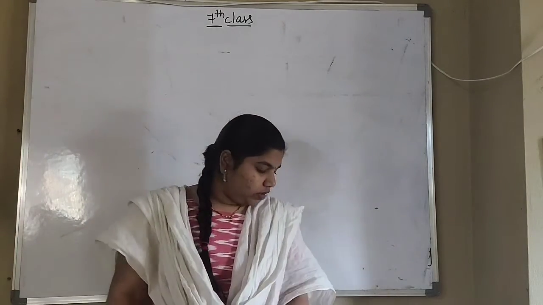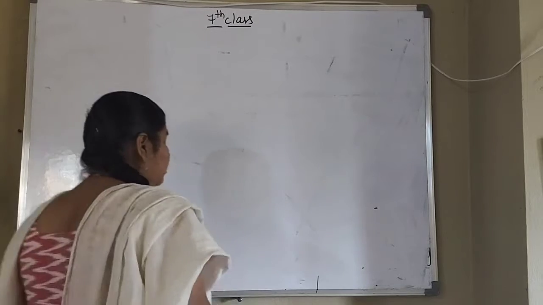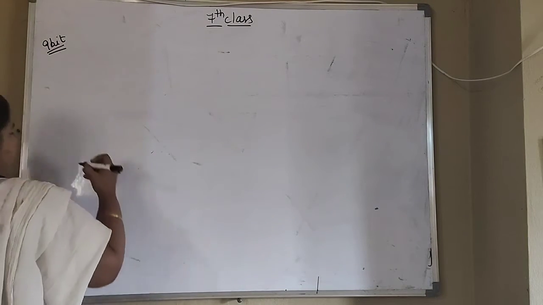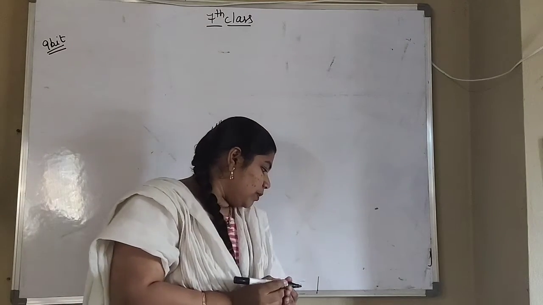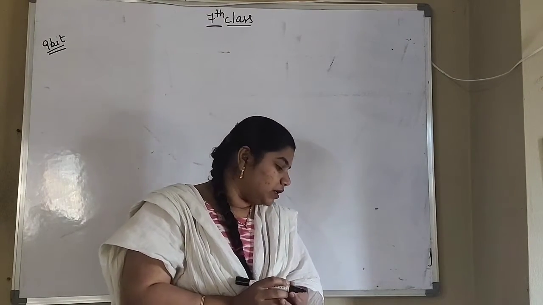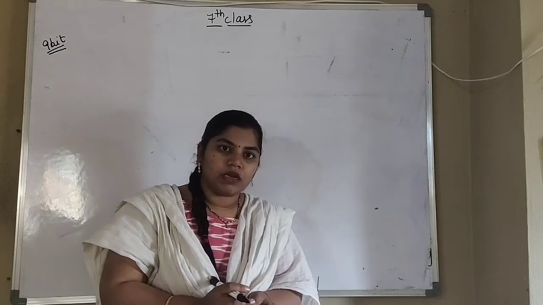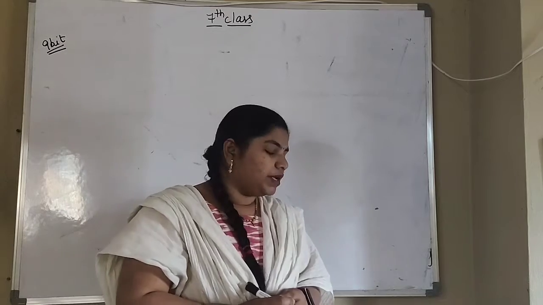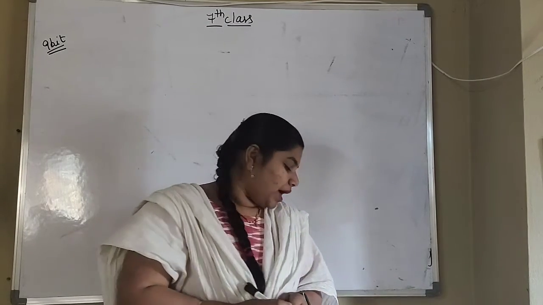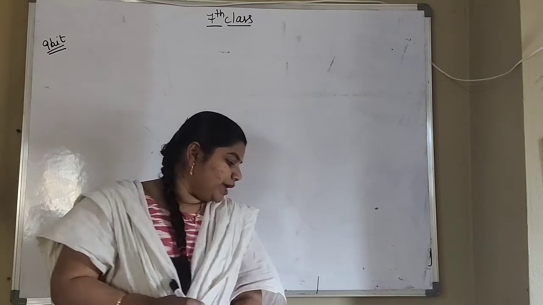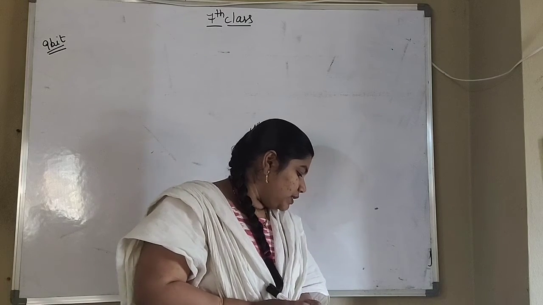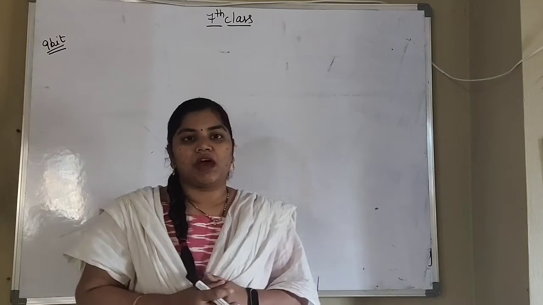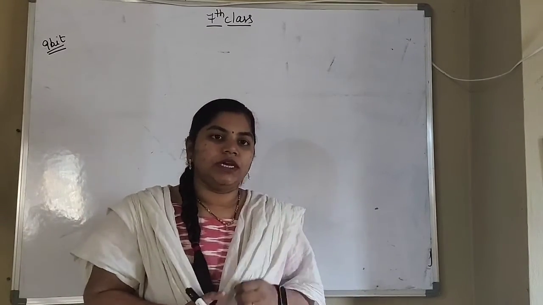Good morning everyone. Next problem is ninth bit. Only 2 bits are remaining to complete our chapter. Ninth bit: the sum of 3 expressions is 8 plus 13a plus 7a square. If you add any 3 expressions, the result will be 8 plus 13a plus 7a square. Two of them are 2a square plus 3a plus 2 and 3a square minus 4a plus 1. So 2 expressions they have given, and we have to find the third expression.